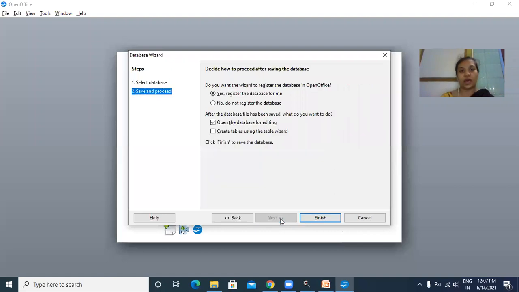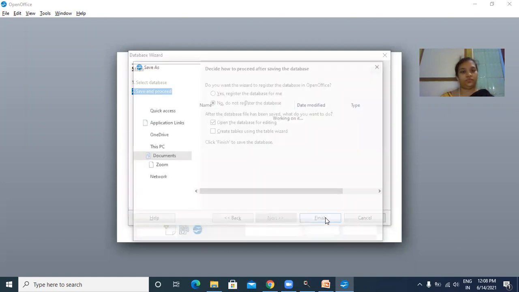You have to go ahead. Do you want to register? If you want to register with OpenOffice, you can. I don't want to register, so I will click no. Then click finish.